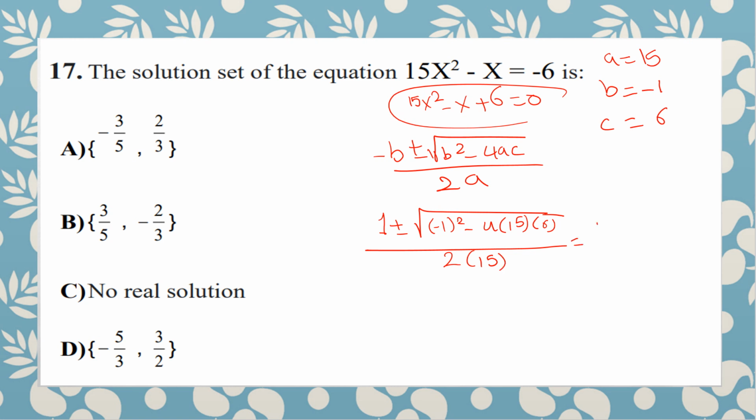This equals 1 plus or minus the square root of 1 minus 360, over 30, and this equals 1 plus or minus the square root of negative